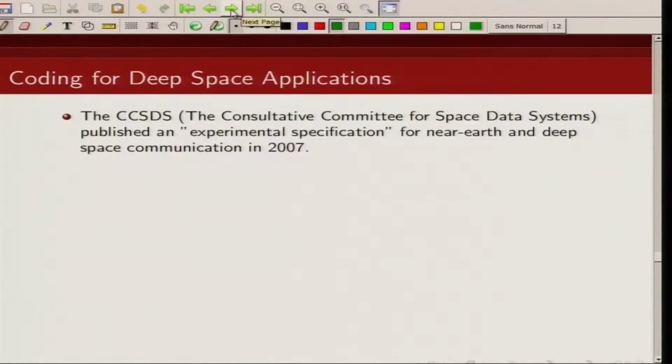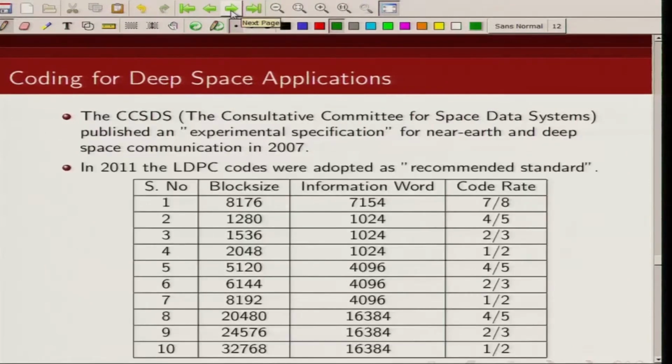What about deep space exploration? Now NASA again has specified a recommended standard. These codes that you see here have been prescribed for deep space communication, and this is for near earth communication. For deep space communication, it supports 3 different information block lengths: 1024, 4096